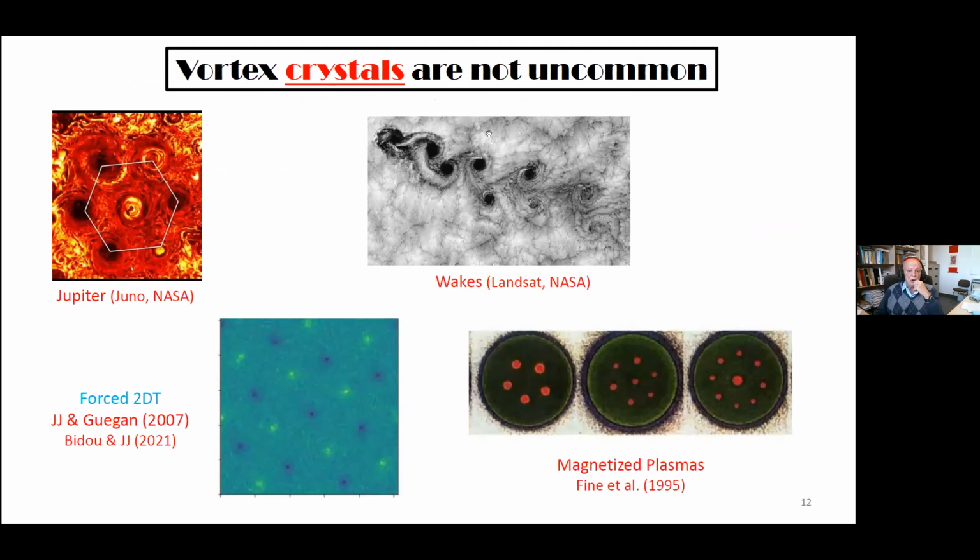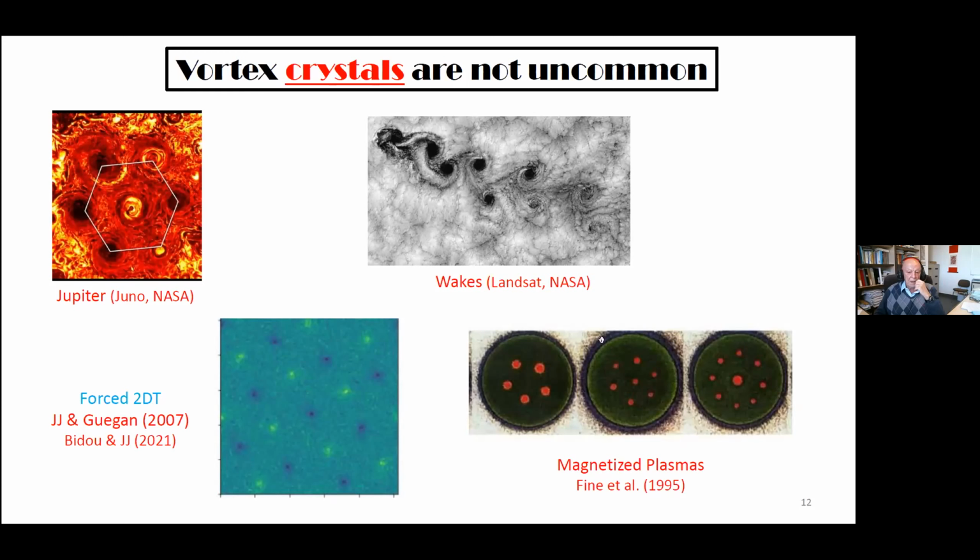Vortex crystals are quite common. This, for example, is a picture of the north pole of Jupiter, and you see there is a vortex hexagon there, which is more or less permanent. This is something that you don't think of as a vortex crystal, but it is a vortex crystal. It's a wave, okay? And vortices get put into these positions here.